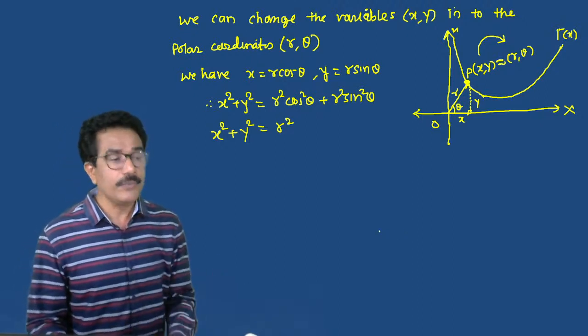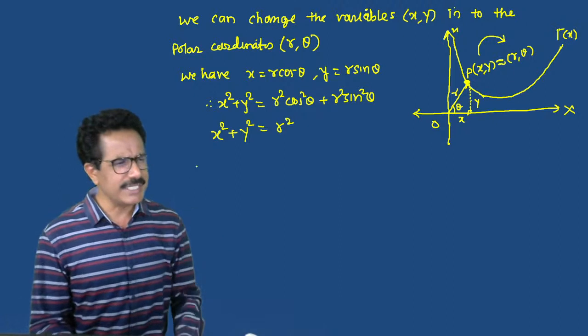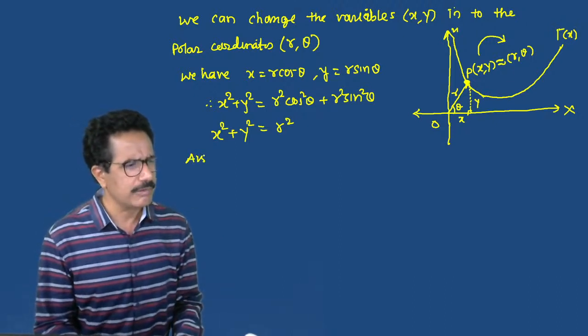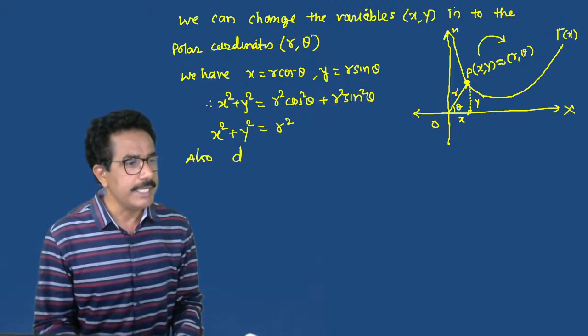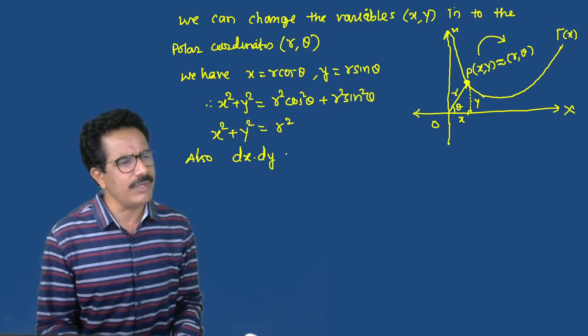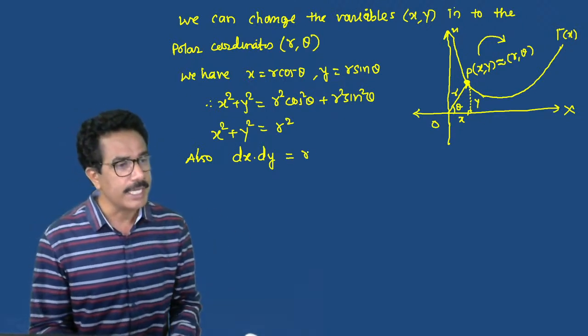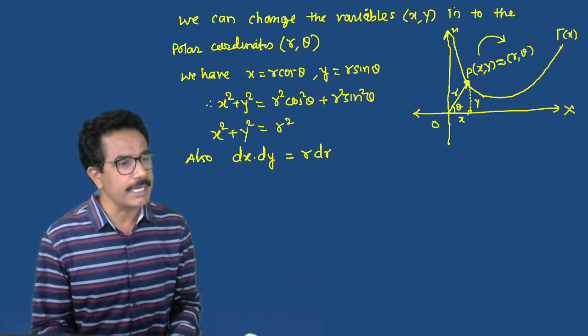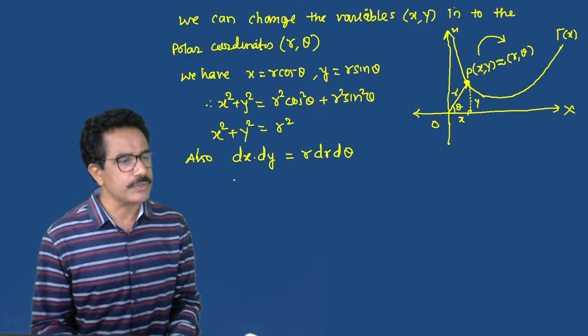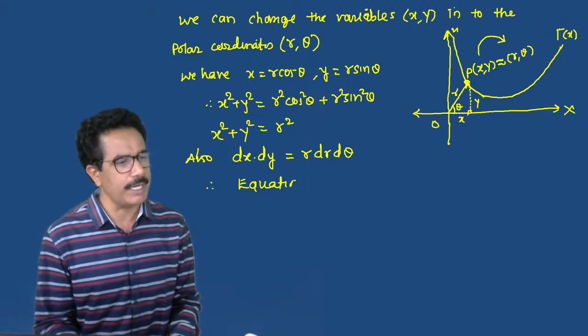Now also we have studied dx into dy, which can be written in the polar form as r into dr into d theta. Putting in equation, therefore equation 3 becomes,